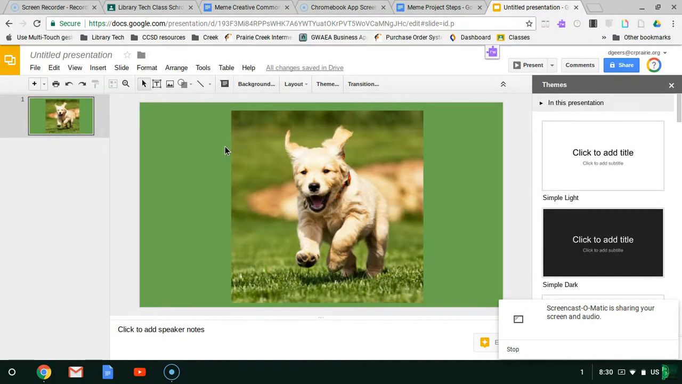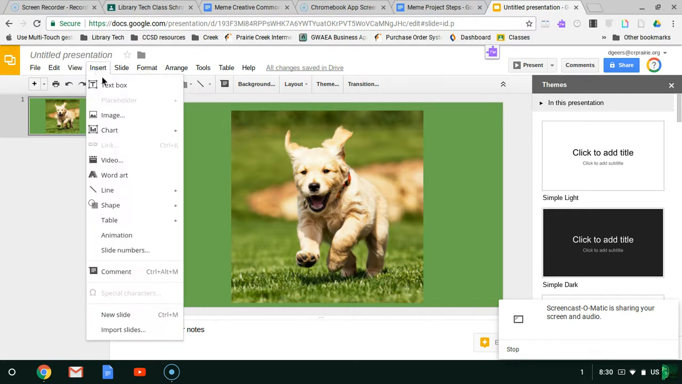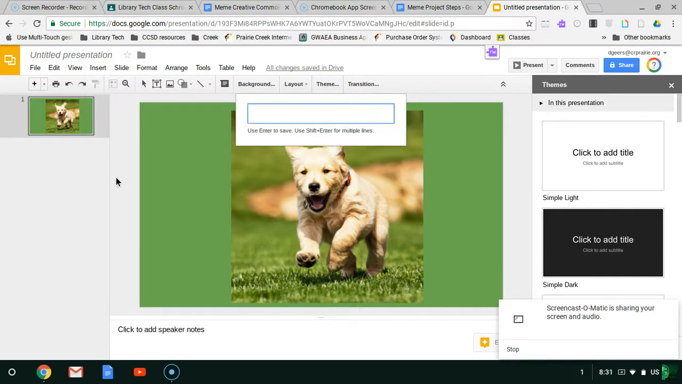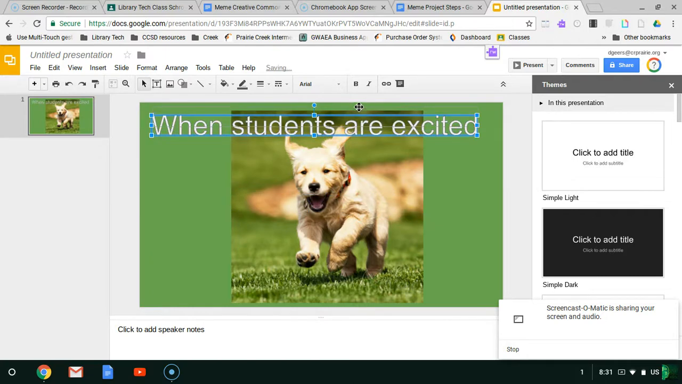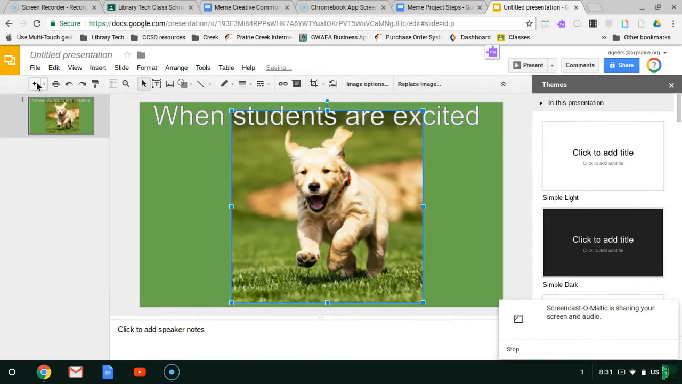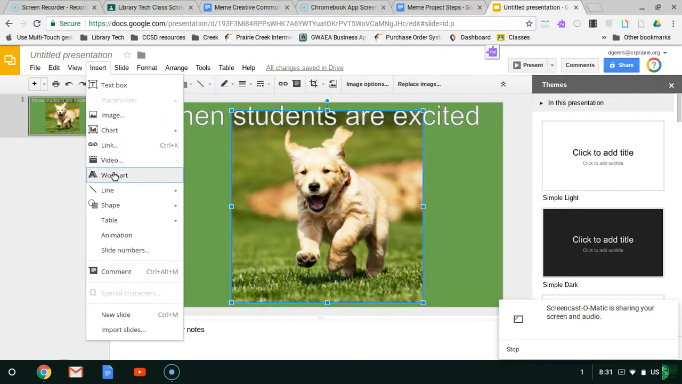Then I want to insert my text. So I can either insert a text box, but that's not quite as easy. I can also insert word art, and for memes, this is really good. So I'm going to do this, and I'm going to type in when students are excited. The less words I have, the larger it's going to be. So I'm going to put this up at the top for now. And then I'm going to insert another piece of word art